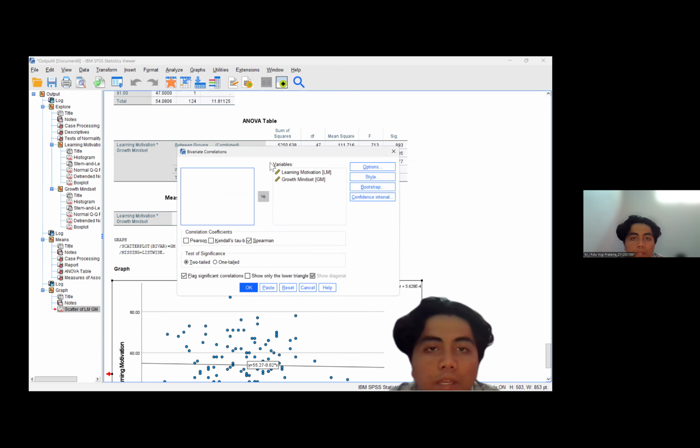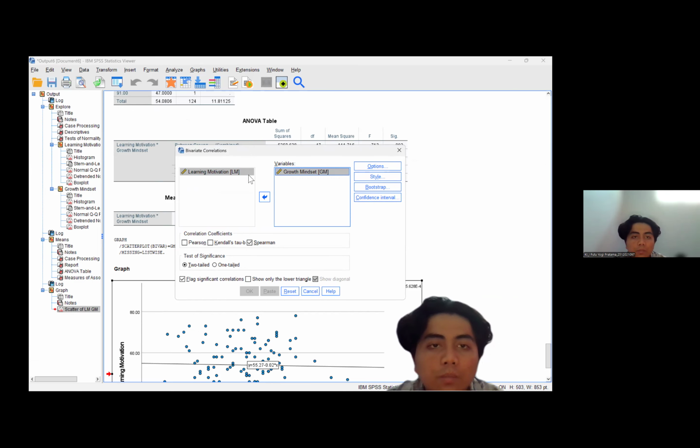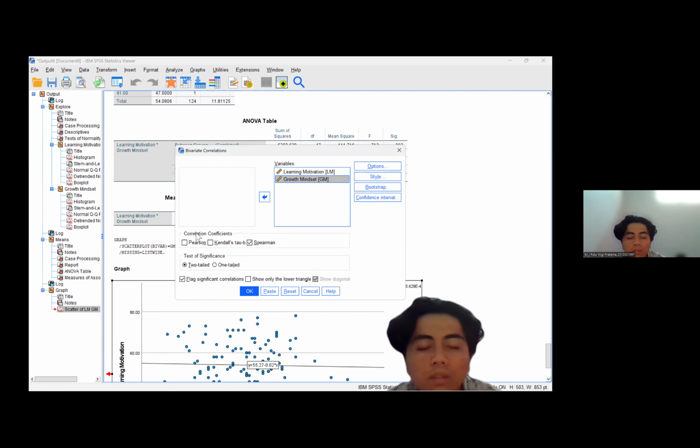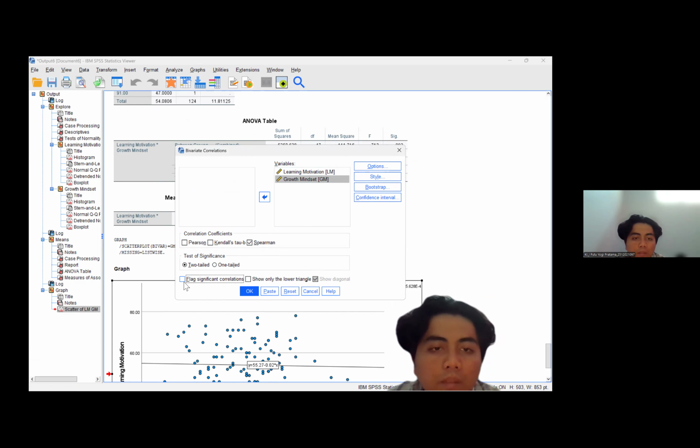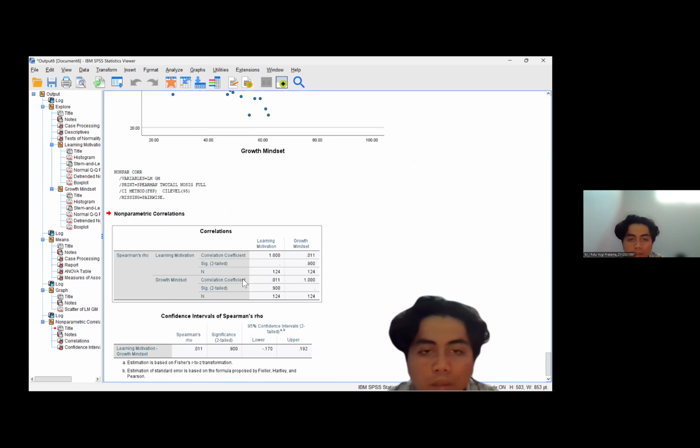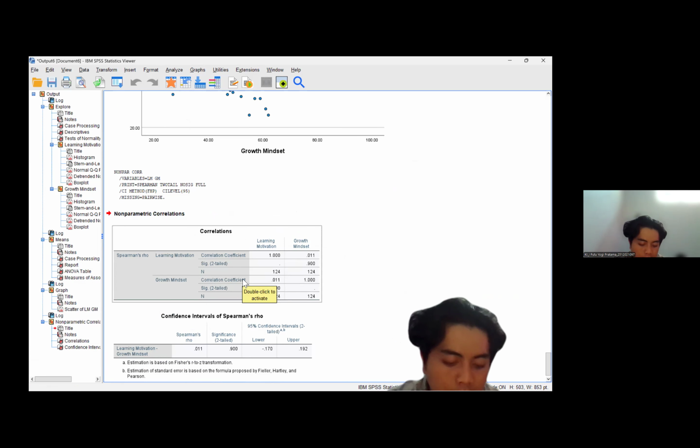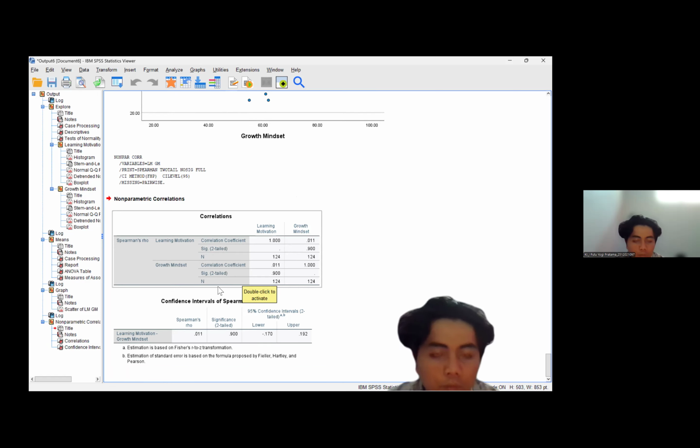correlate, bivariate. You need to put both of the variables here, and since you use Spearman, make sure that you check Spearman and the correlation coefficient. Remember the two-tailed test and flag significant correlations, and okay. After that, finally, we have the result. The correlation coefficient was